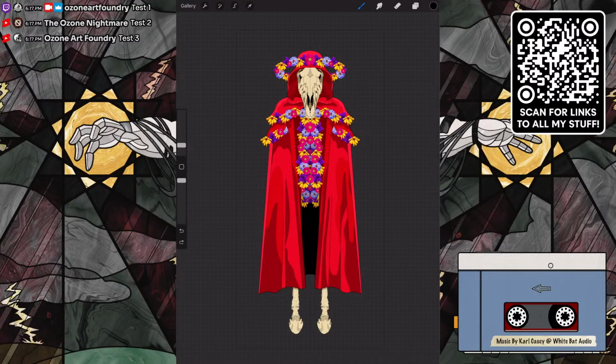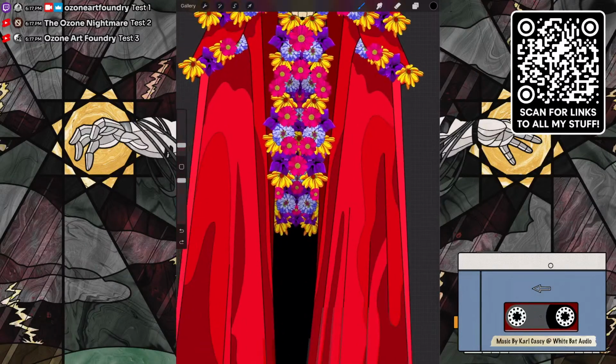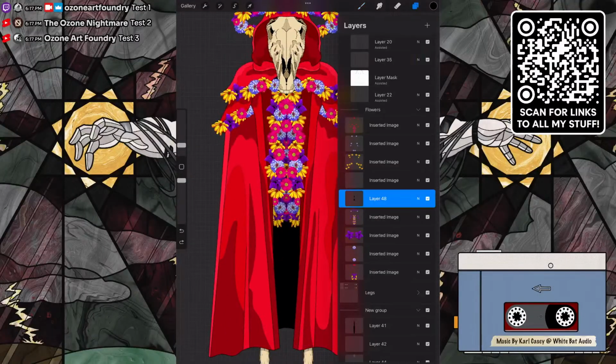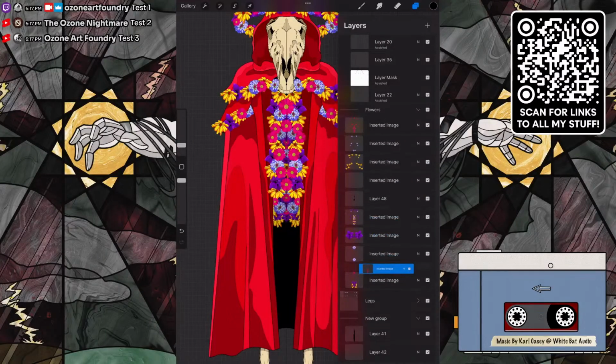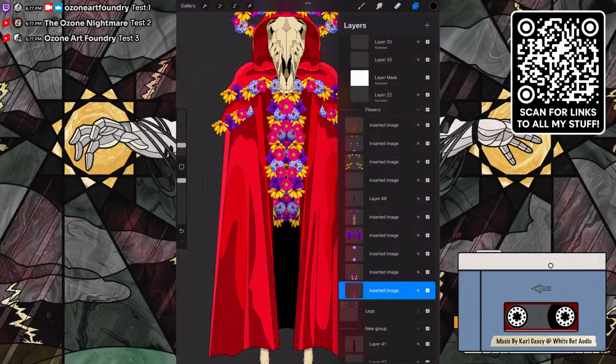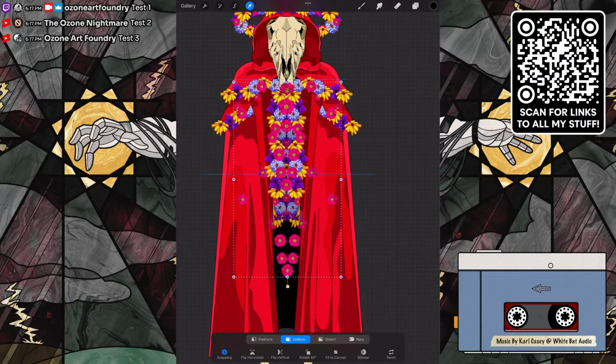I've been working on this one for a while now, so you probably are familiar with this. You know what? I'm going to do some more flowers. I realize now I really should do more. So let's go ahead and duplicate. Let's bring this down underneath, well, I guess there. Then move it up. And then I have to relocate this because I want to make an even darker layer